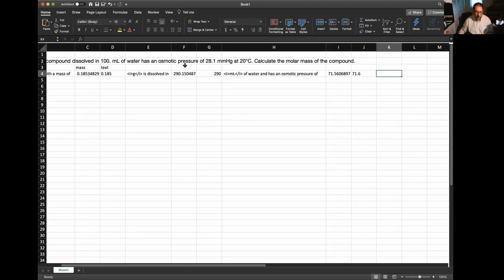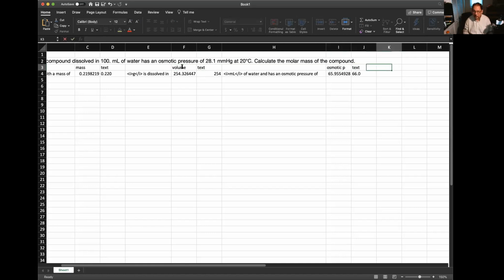Oops, and I forgot to remind myself, right? So here's volume, and here's the text for it. Notice the numbers do change when I change things, and here's the osmotic pressure. If I can spell osmotic pressure, and maybe I'll just go osmotic P, and so then here's the